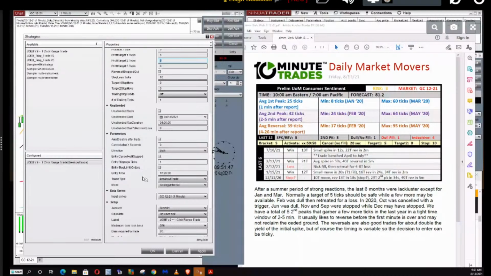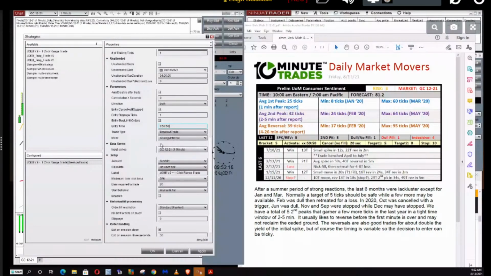So our activation time is 9 Eastern time, 59 and 58 seconds. 9:59 and 58 seconds. I've got my account. Trade type is a breakout trade. Very important. It must be set on breakout trade.